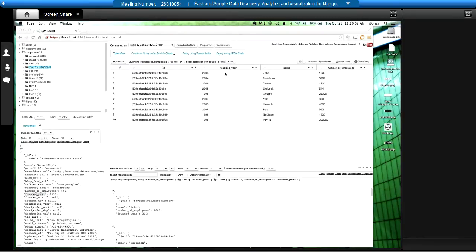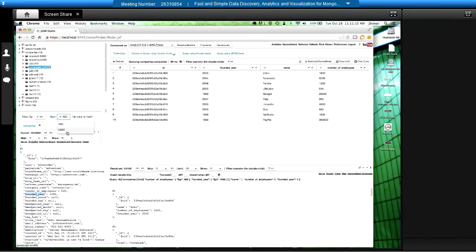So it's showing me what I want to see, what year it was founded and what name, et cetera. And if I want, for example, to sort this by the year, then I sort, maybe descending. So I say sort descending, and then I do a control double click on the founded year. So you see I'm now getting the companies that are founded most recently that I have in my database,